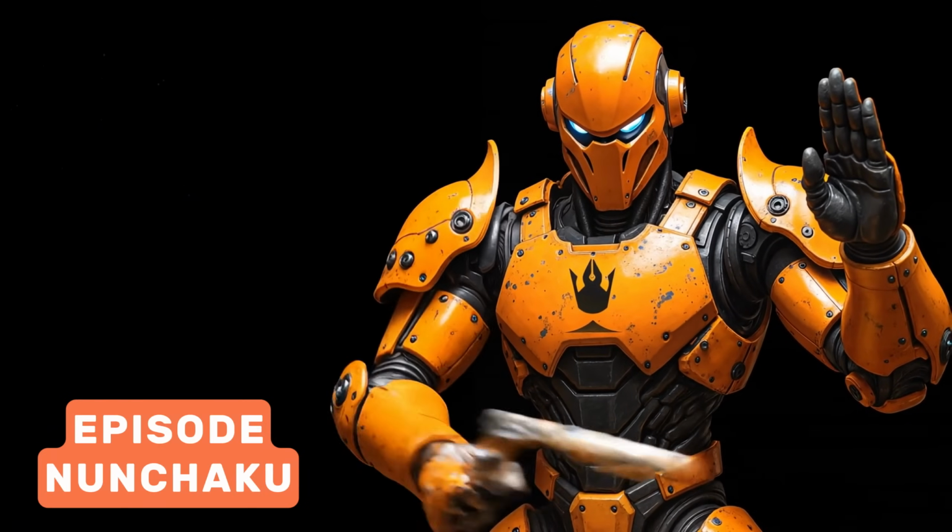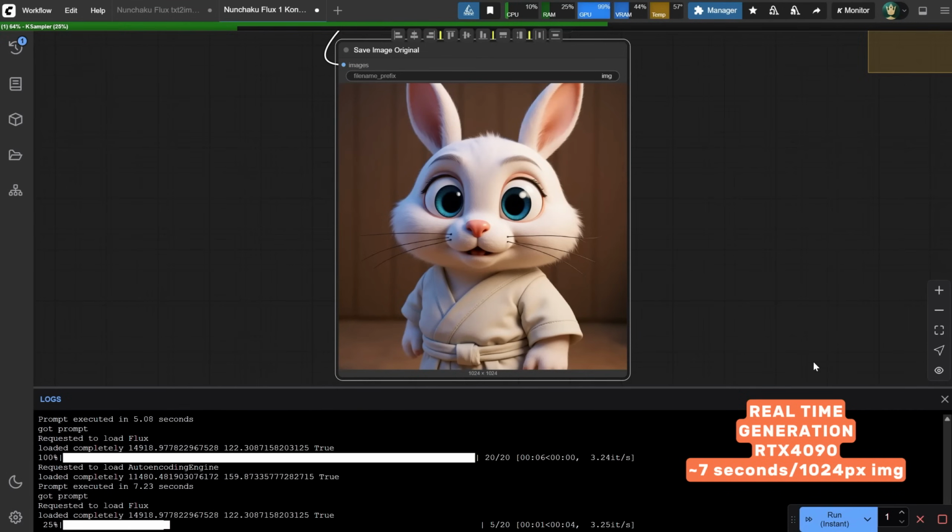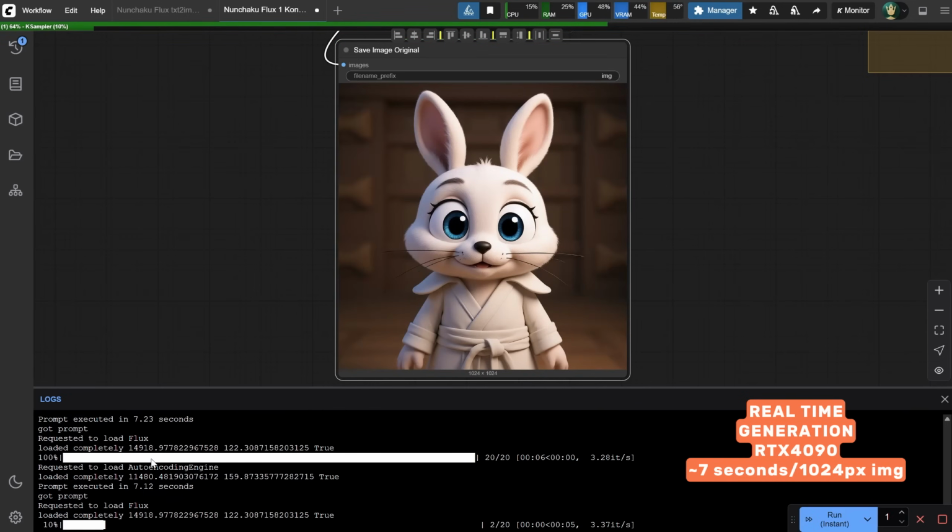Welcome to episode Nunchaku of our ComfyUI tutorial series. Today I will show you how to generate with Flux and Flux Kontext really fast using Nunchaku. As you can see here in this real-time generation, it takes around 7 seconds to generate an image on my